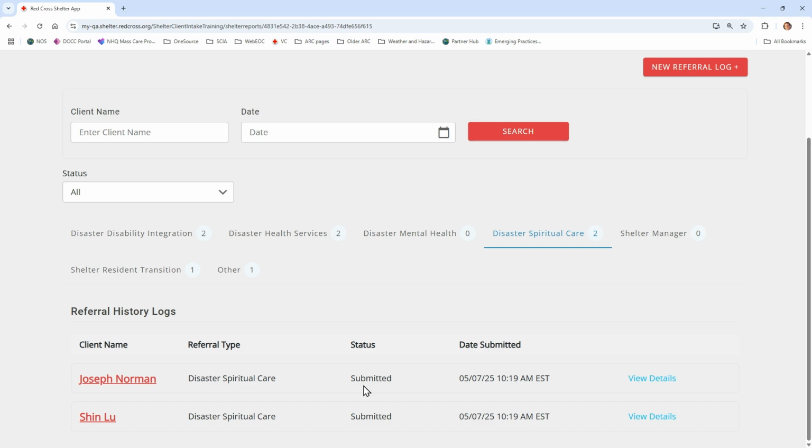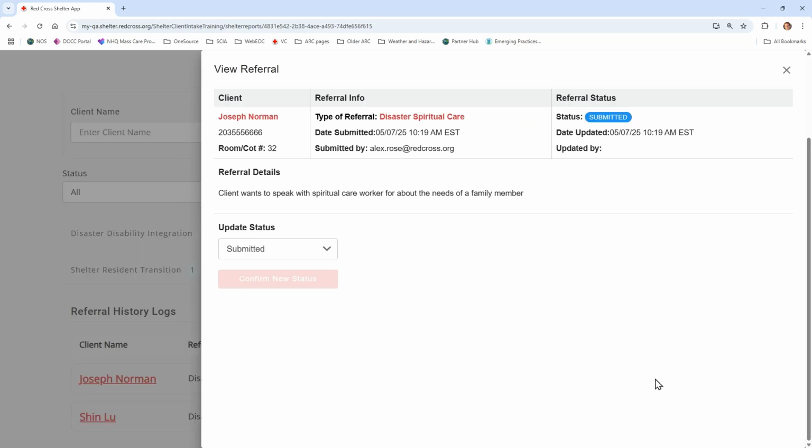So I'm going to click on View Details for client Joseph Norman, and I can see additional details. So the referral specifically says client wants to speak with spiritual care worker about the needs of a family member. I have the ability to change the status. So if I'm going to be taking action on this, or I'm a supervisor or manager within this activity, and I'm going to be delegating to perhaps a spiritual care worker who's on their way to that shelter, I can accept that